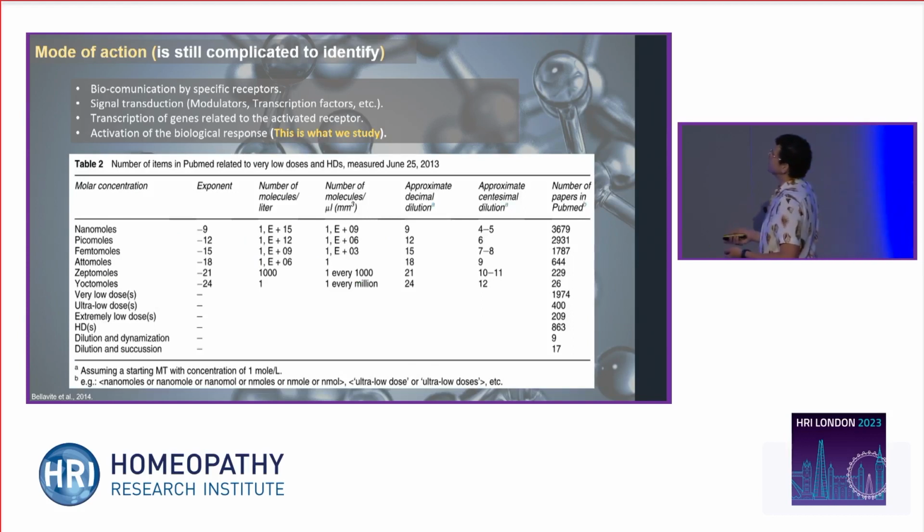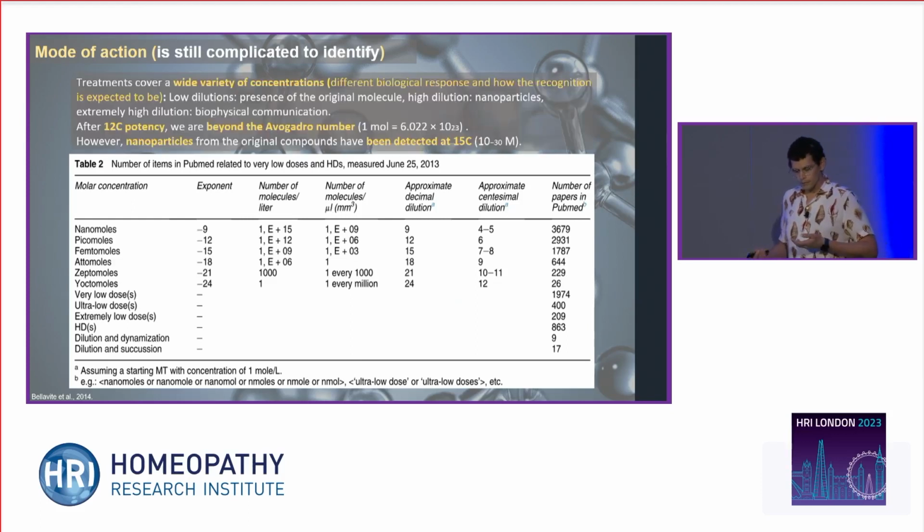I think this table is very interesting because it gives us an insight of how diluted the original compound is. This is just an example using a nanomolar concentration in the mother tincture. So we can see that the lower the potency, the more you may find of the original compound. So this may have a different biological effect depending on the potency that you are using. That's what we are suggesting here. We don't know this for sure. This is according to what we have read in the bibliography,